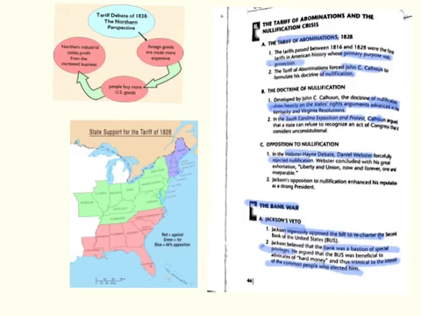Now, a little background on that. Between the years of 1816 and 1828, we began to pass tariffs in the United States that are a little bit different than the ones that have come out before, and they're different in the fact that the primary purpose is for the protection of northern industries. If you look at the top left corner of the screen with this little chart here, you can see from the northern perspective why they would be in favor of this.